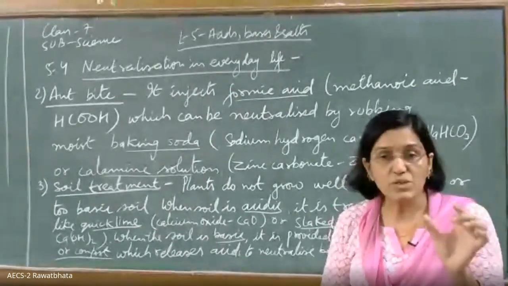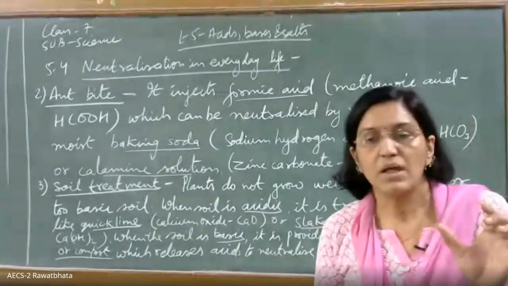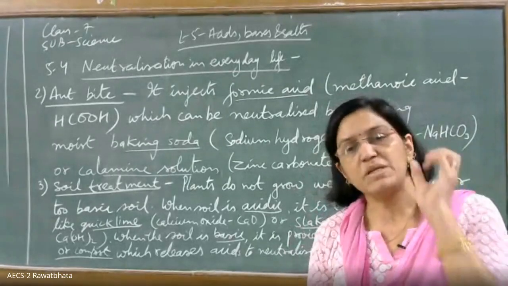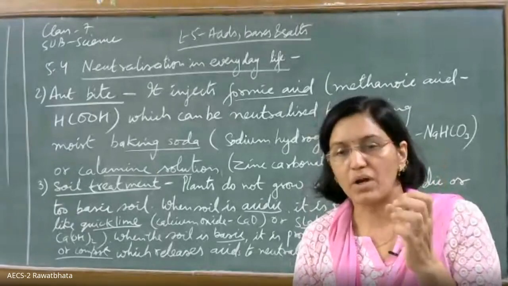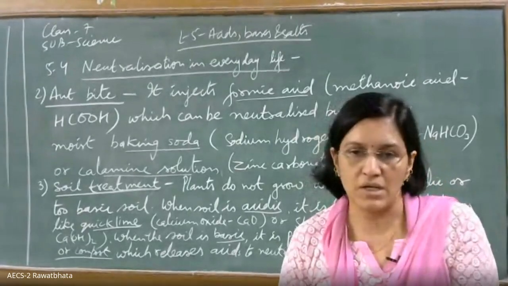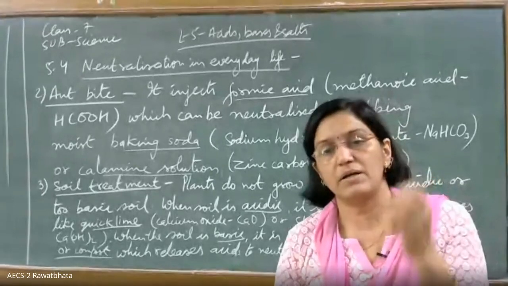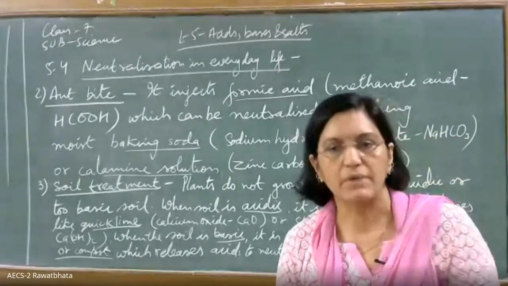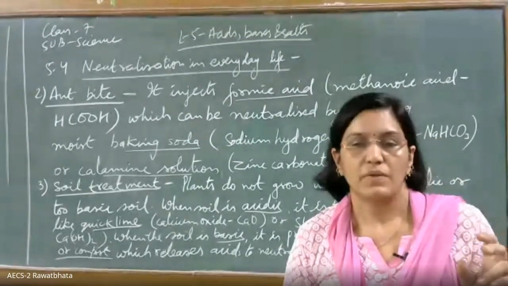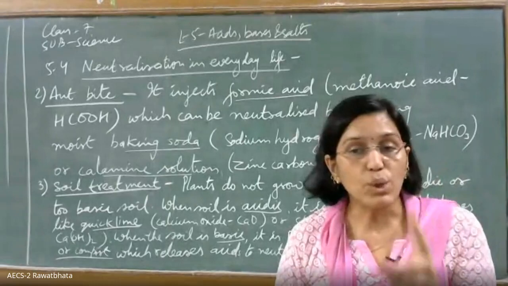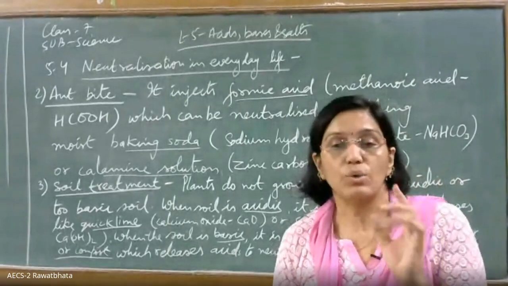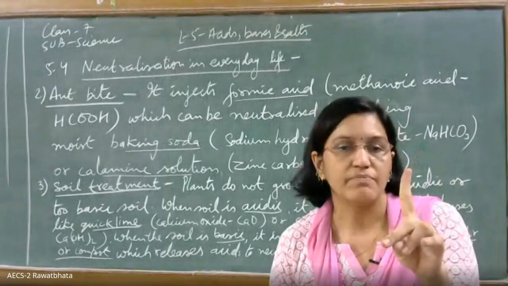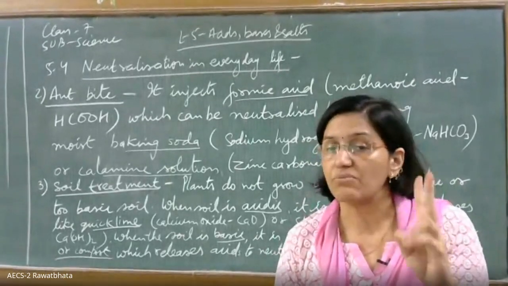There is a term for it. The harmful waste water that is released from the factories is known as effluents. Effluents means it will have that water from the river which the factory has taken, and in that they add the dissolved waste also, and the nature of that water turns totally acidic. When we read about water pollution, we are going to read that these are the two major culprits. One is sewage, and the second one is effluent, the factory waste.